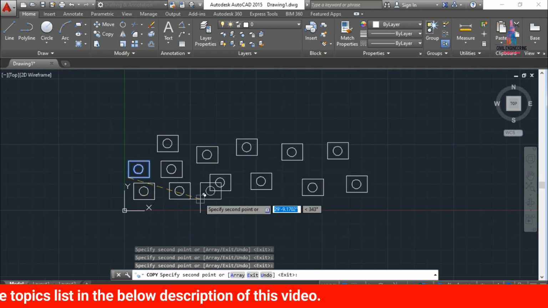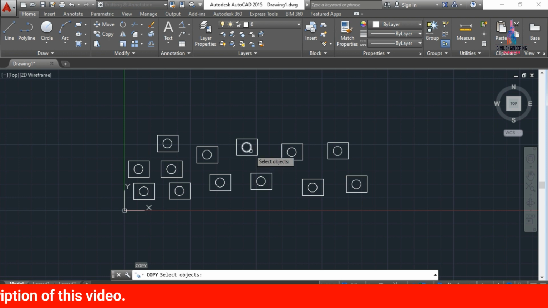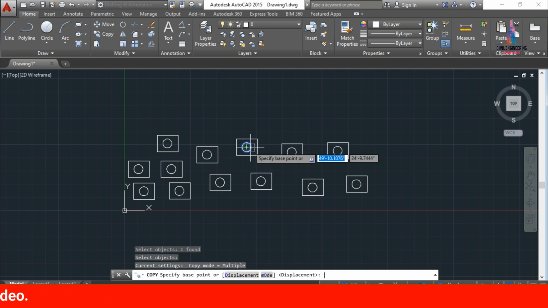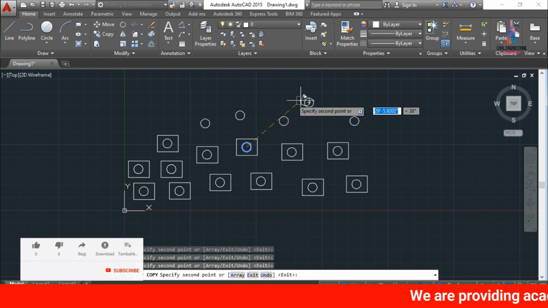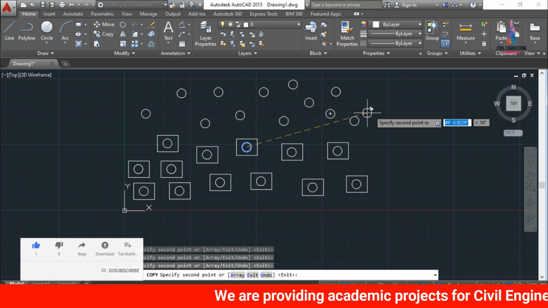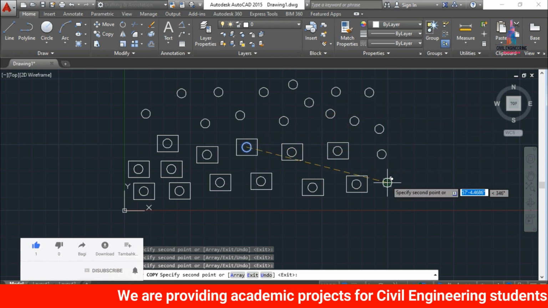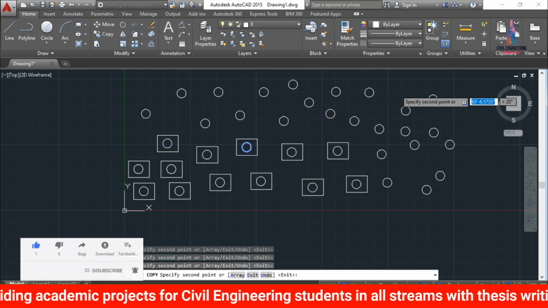In the same process you can create the circles also. Copy, click on enter, select this circle, click on enter, select the base point here. As per your requirement, it will show the respective number of copies using AutoCAD software. So this is the process to create any number of copies.